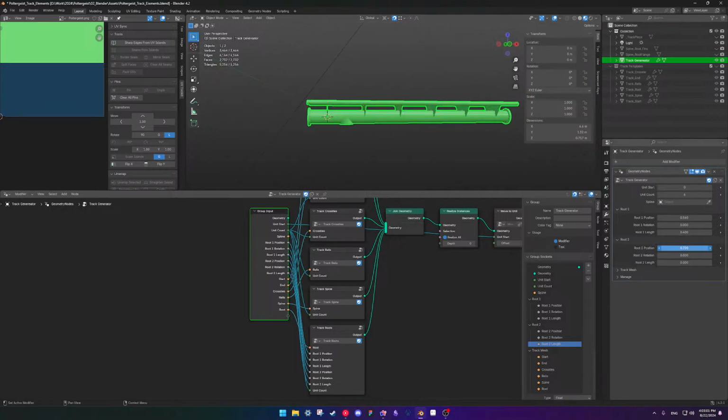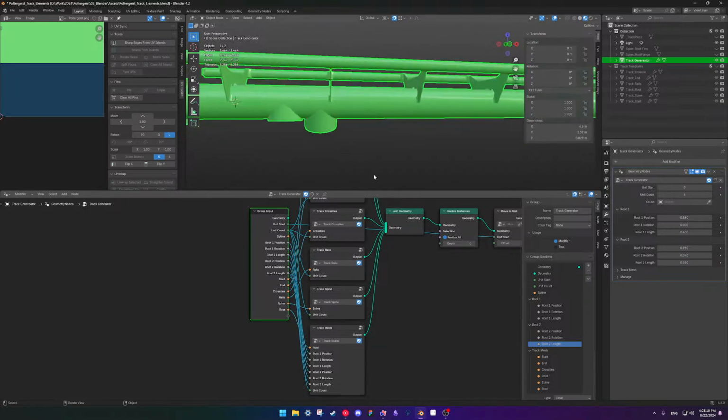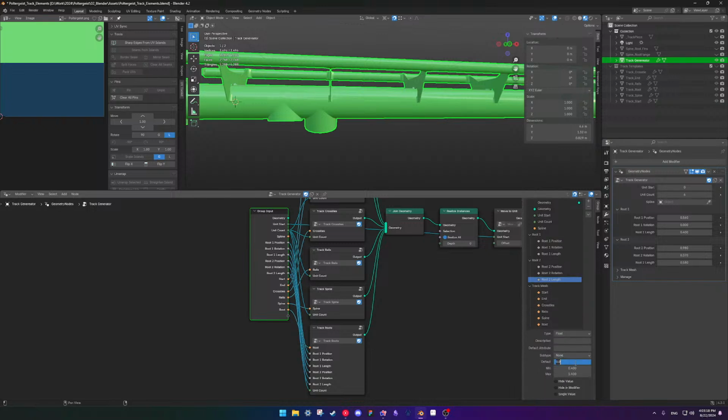Same thing with root 2. I need to default. Hold on. No, this here length needs to default to just 1.